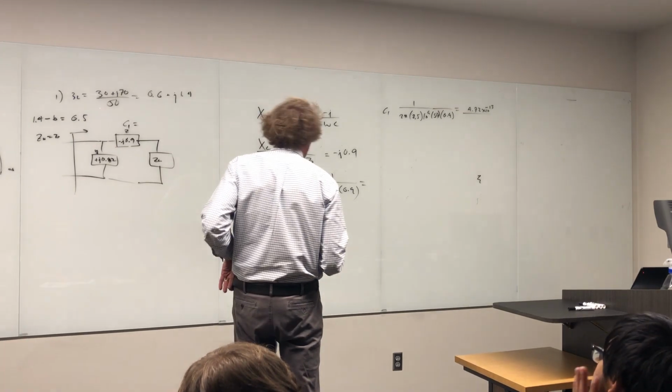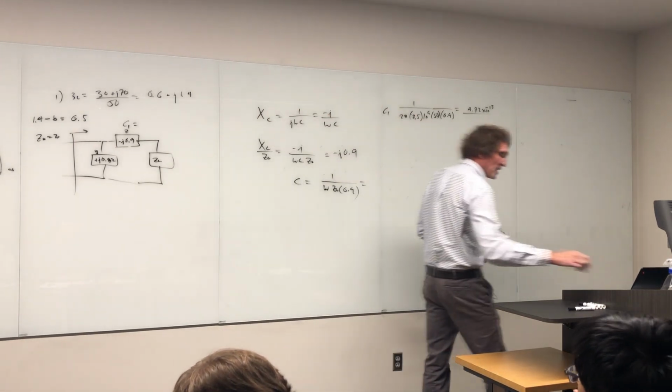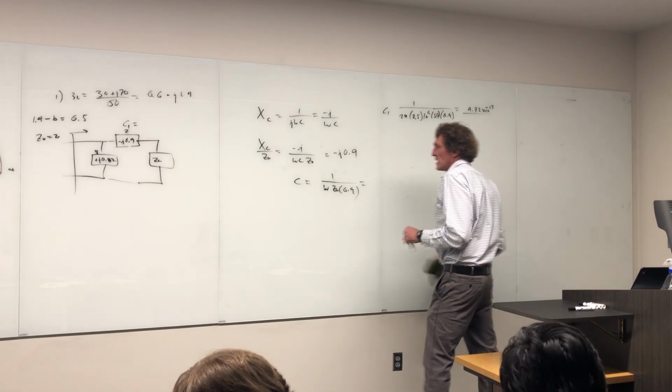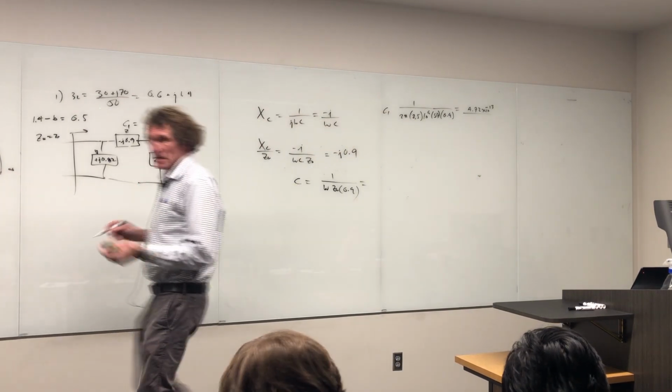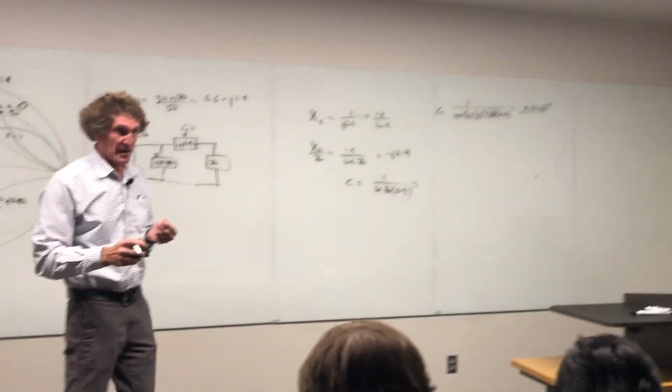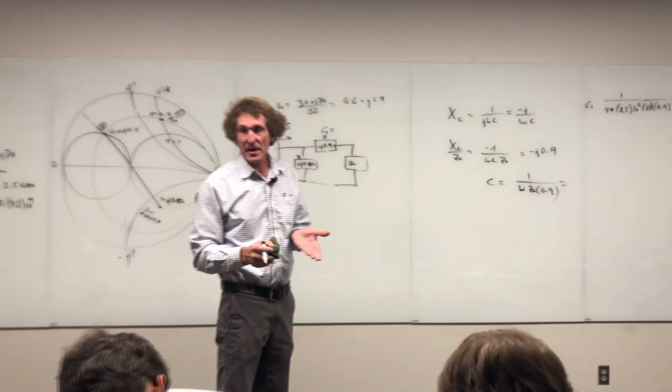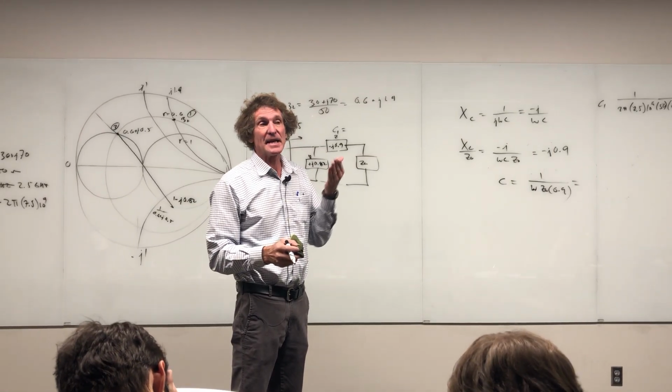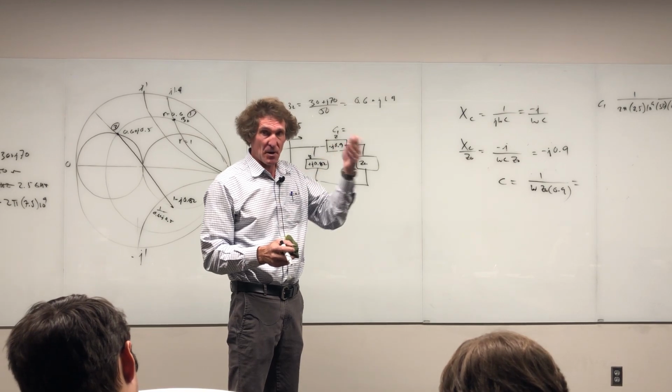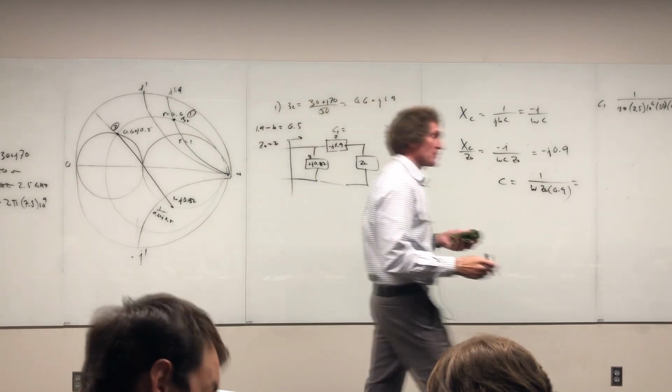Now, for the other one, you do this with me. All right, the other one right here, that's an admittance, right? It's a positive J. Now, I know that's going to be a capacitor because a capacitor has negative J impedance. 1 over that is positive J. So, but the way I'm going to do for C2,